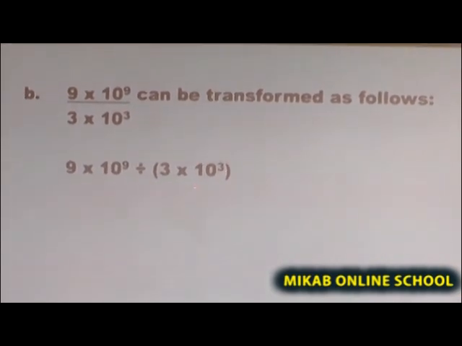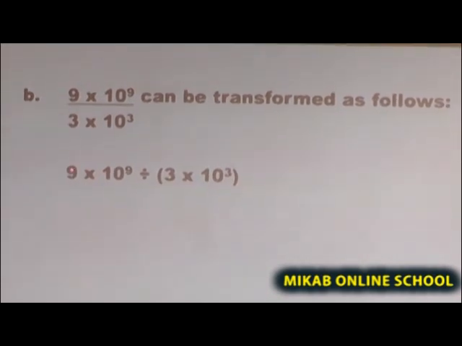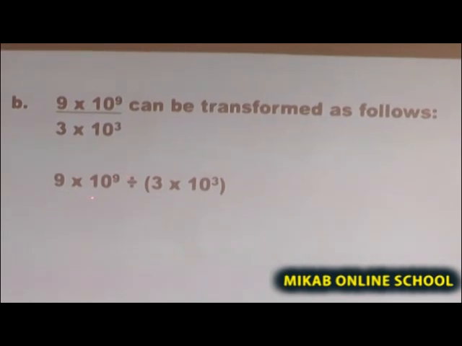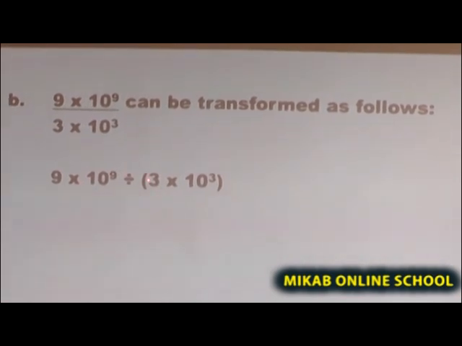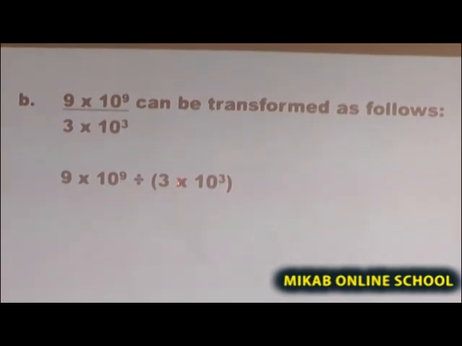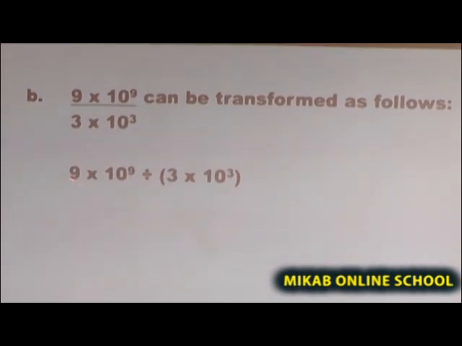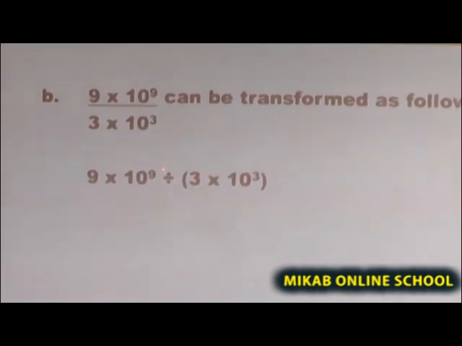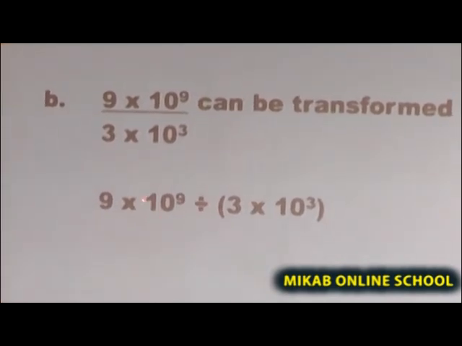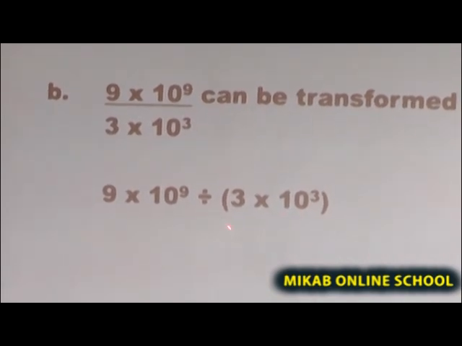So in this case, if you look at this, the connectivity between this 9 and this 10 raised to the power of 9 is multiplication. The connectivity between this 3 and 10 raised to the power of 3 is multiplication. But the connectivity between this 9 and 3 is this division sign. The connectivity between this 10 raised to the power of 9 and 10 raised to the power of 3 is